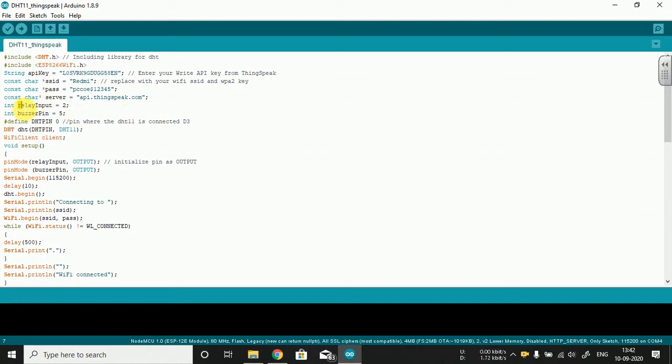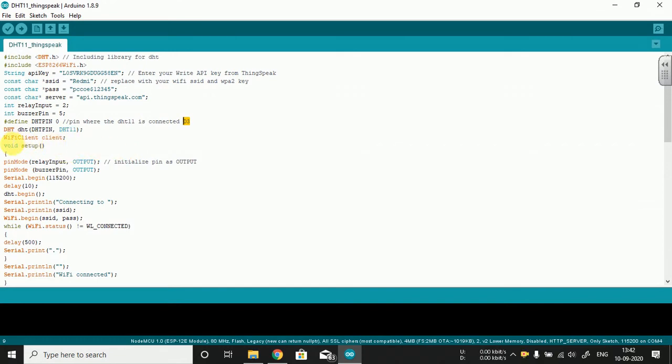Next, I have defined the relay and buzzer pins which are connected to the NodeMCU, and your DHT11 pin which is connected to GPIO pin 0, which we can say is the D3 pin.